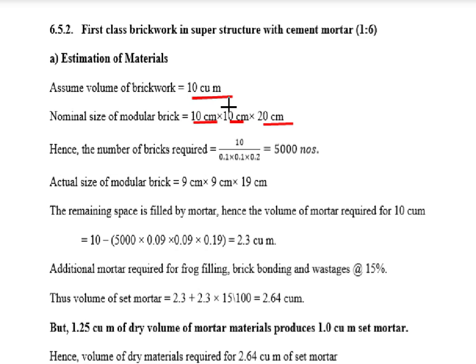For 10 cubic meter construction, the number of bricks required is 5000. The actual size of a modular brick is 9 by 9 by 19: 9 centimeter width, 9 centimeter height, and 19 centimeter length. So the actual volume, that is